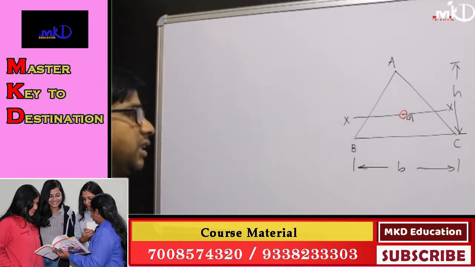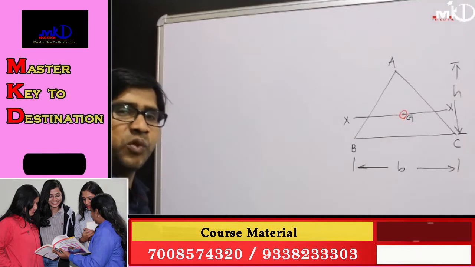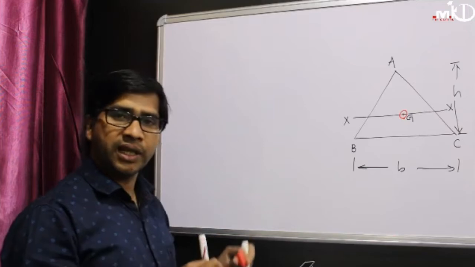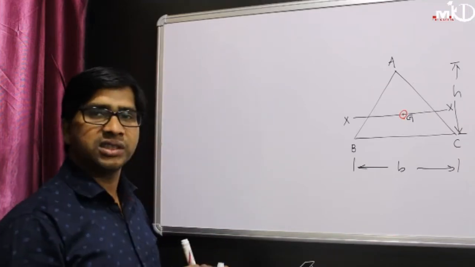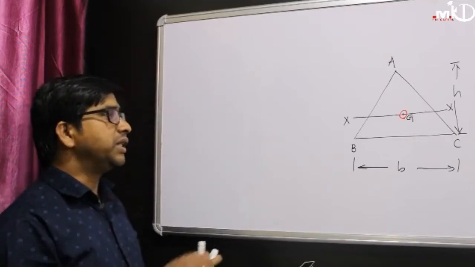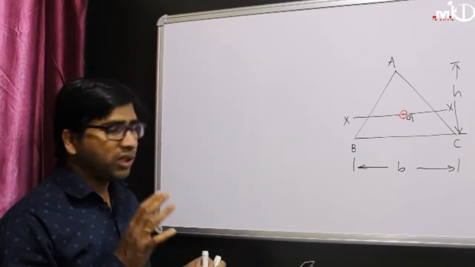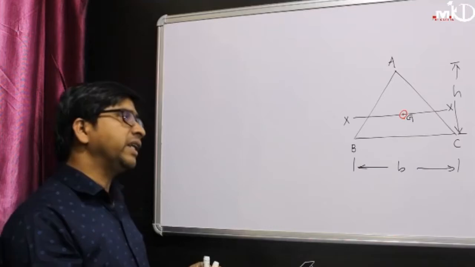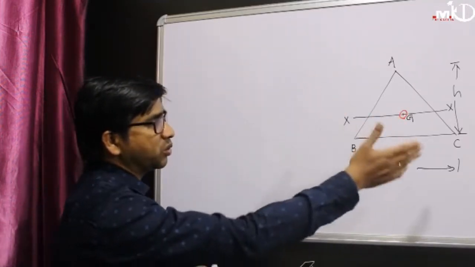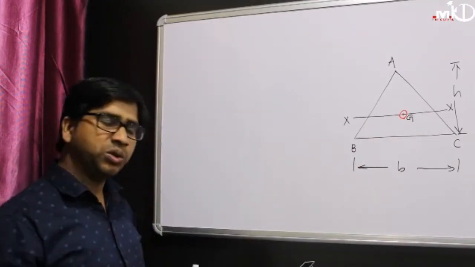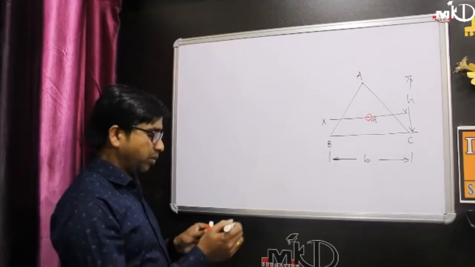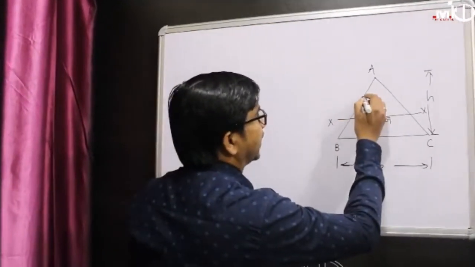For that, listen, always we will use the same procedure. We will maintain the same method, the same method as we used for the rectangle and for the circle, exactly the same procedure for the triangle. And what is that procedure? We will take an element, and we will find the MI of that element about x axis. Then we will integrate to find the MI of the total triangle. This is a universal procedure. Just remember.